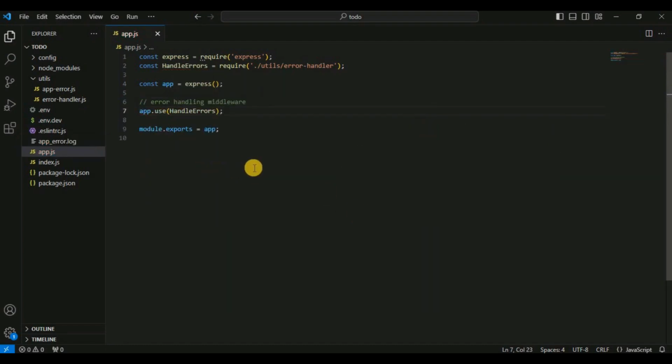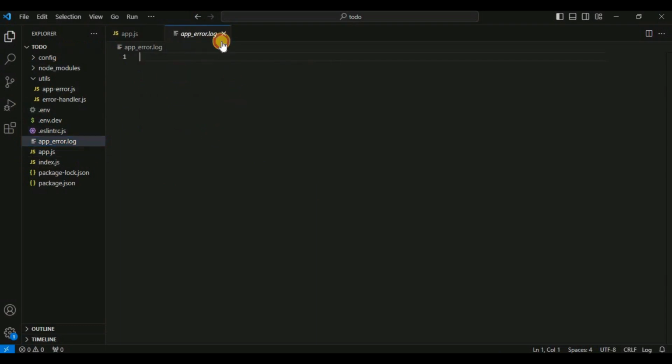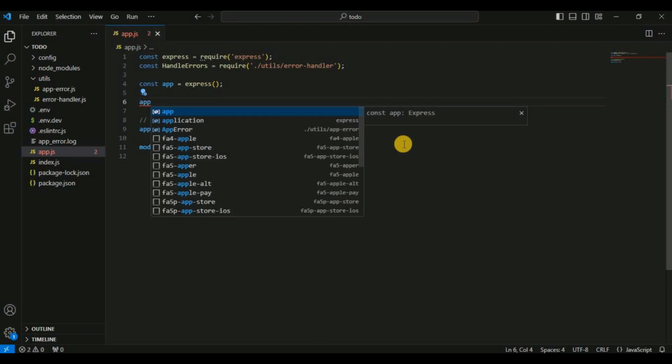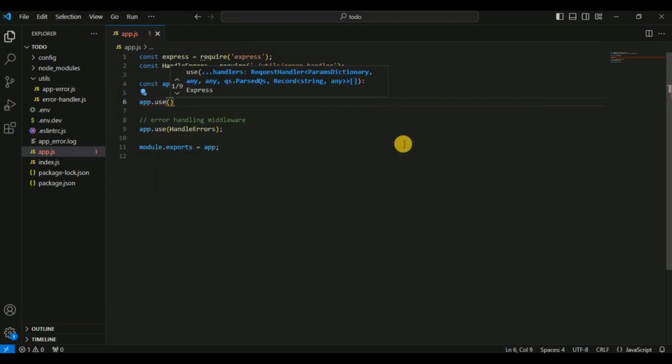So let's take a look at whether our error handling middleware is working or not. You can see the log file is automatically created, but it's blank. So create a route and check. app.use slash